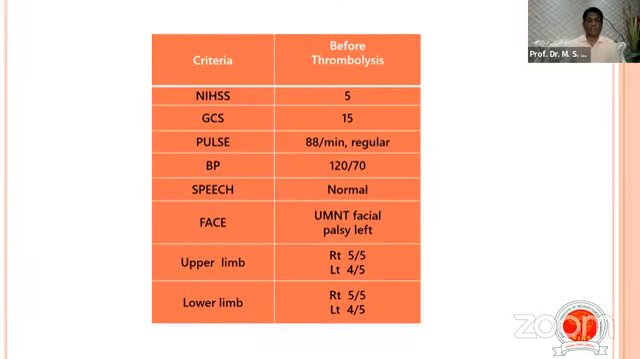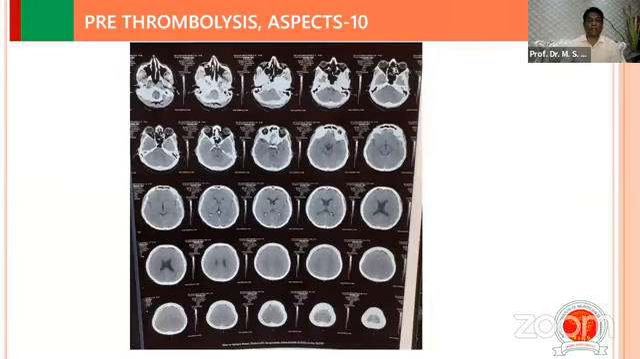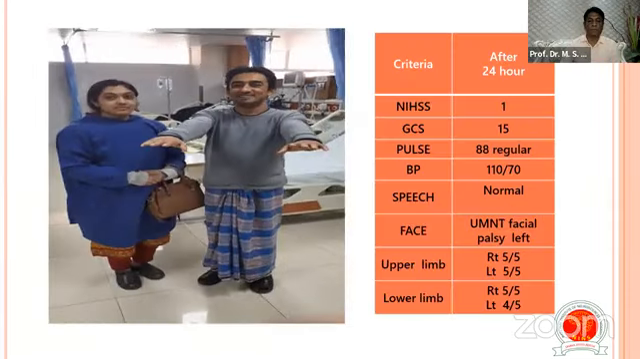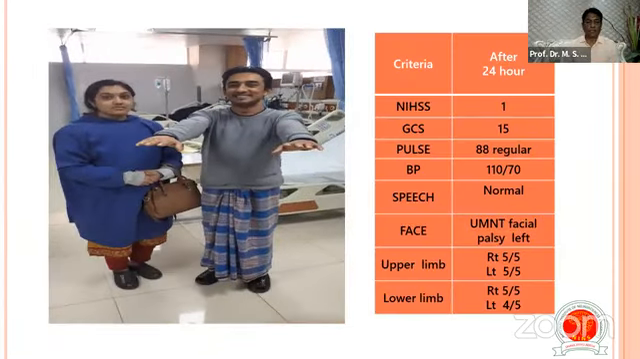Before thrombolysis, NIHSS score 5, upper limb right side 5/5, lower limb right side 5/5, lower limb left side 4/5, upper limb left side 4/5, upper motor neuron lesion facial palsy left sided. ASPECT score 10, and the patient fulfilled all the criteria, so intravenous thrombolysis was administered. Now, can you guess the outcome? After